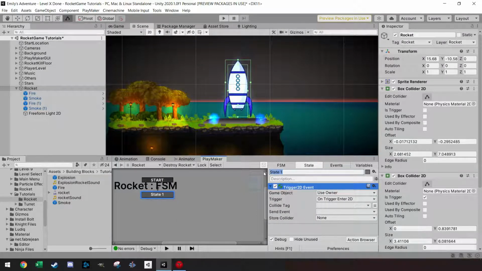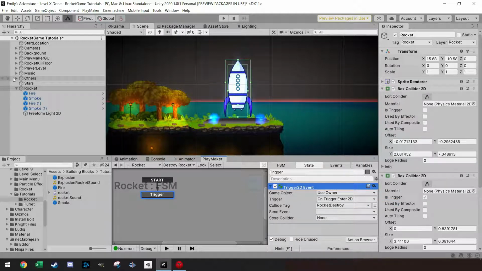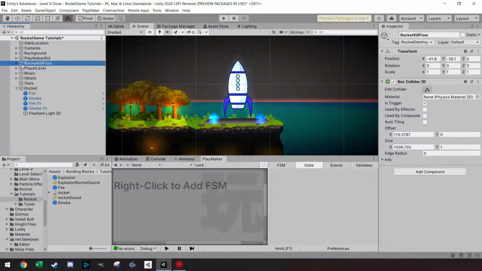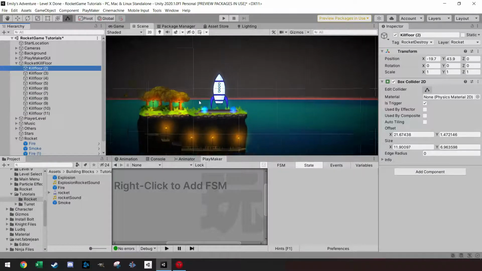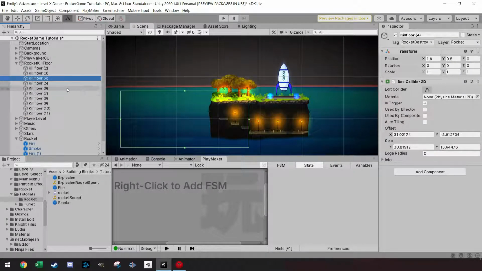And also let's call this the trigger. And the FSM was destroy rocket. On trigger enter, collider tag, rocket destroy. I've set up here a trigger somewhere. Oh, there it is, the rocket kill floor. Sorry about that. There are some kill floors, so, for example,